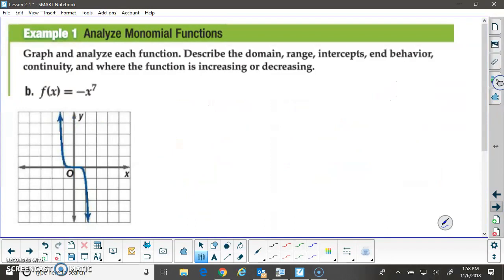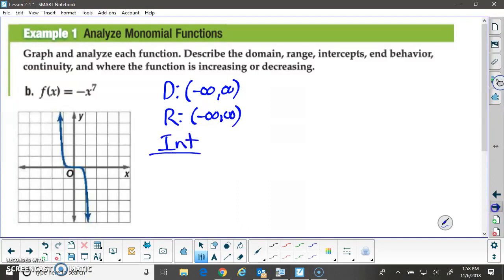Let's do another one. This particular one is what I call a disco guy Larry. So the domain of this function is all real numbers. The range is also all real numbers. Intercepts happen to be at 0, 0 again. And behavior